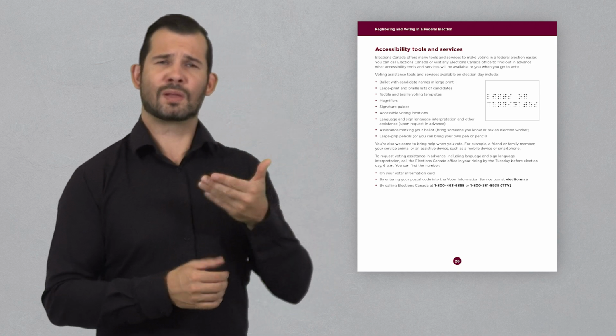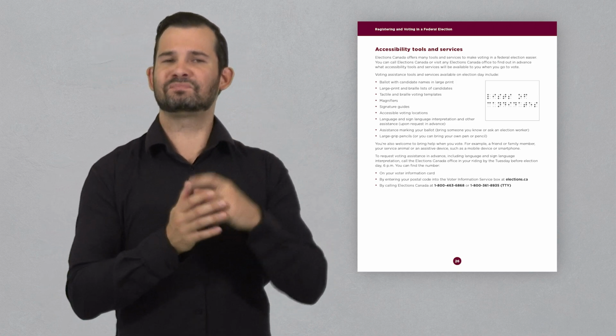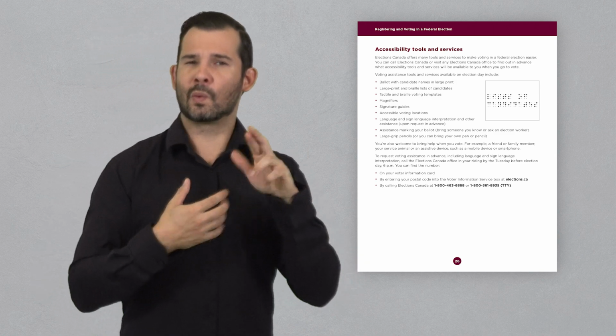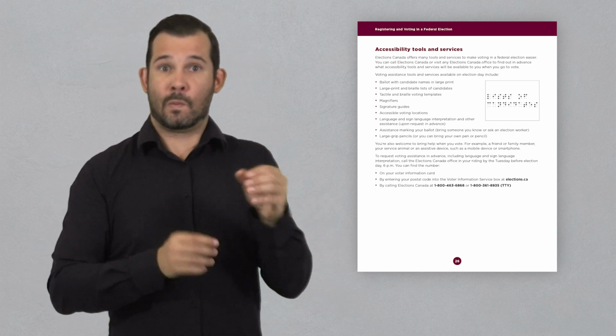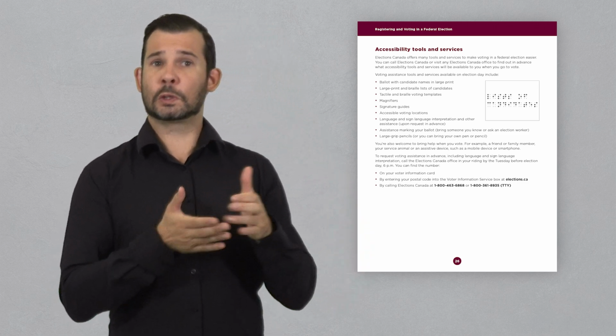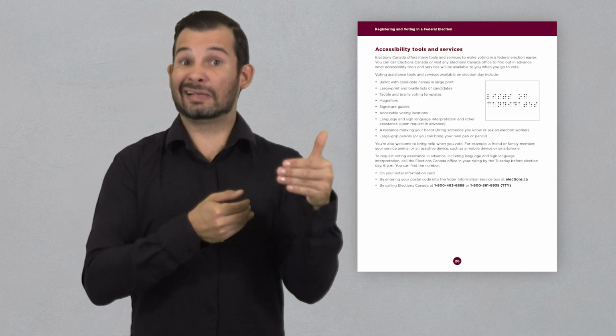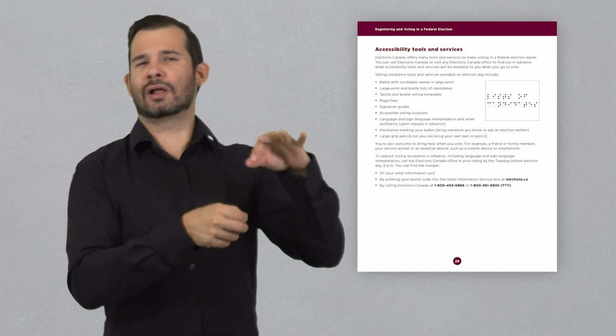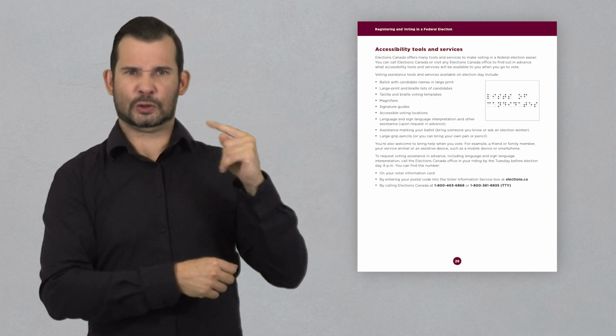You're also welcome to bring help when you vote. For example, a friend or family member, your service animal, or an assistive device, such as a mobile device or smartphone. To request voting assistance in advance, including language and sign language interpretation, call the Elections Canada office in your